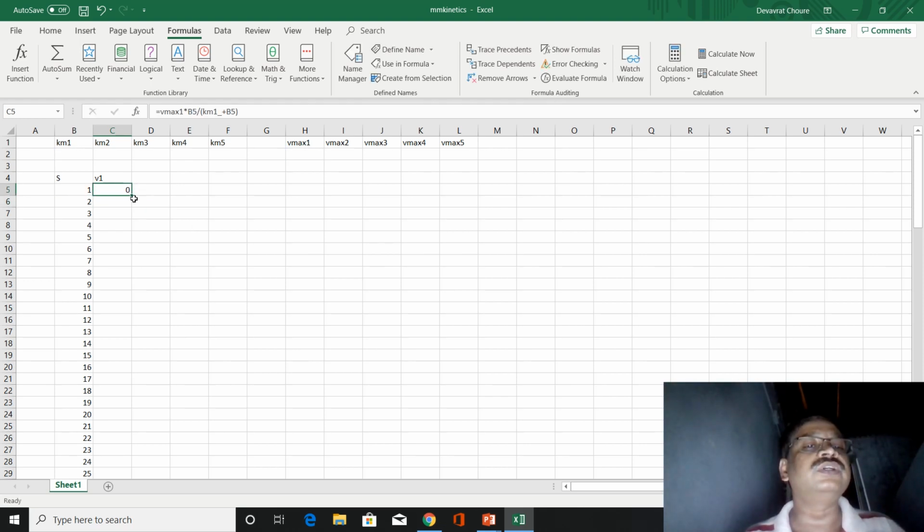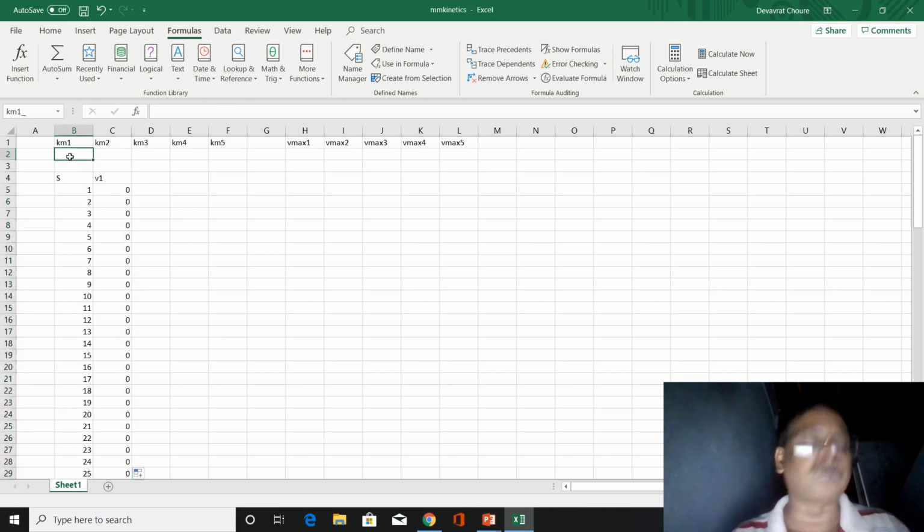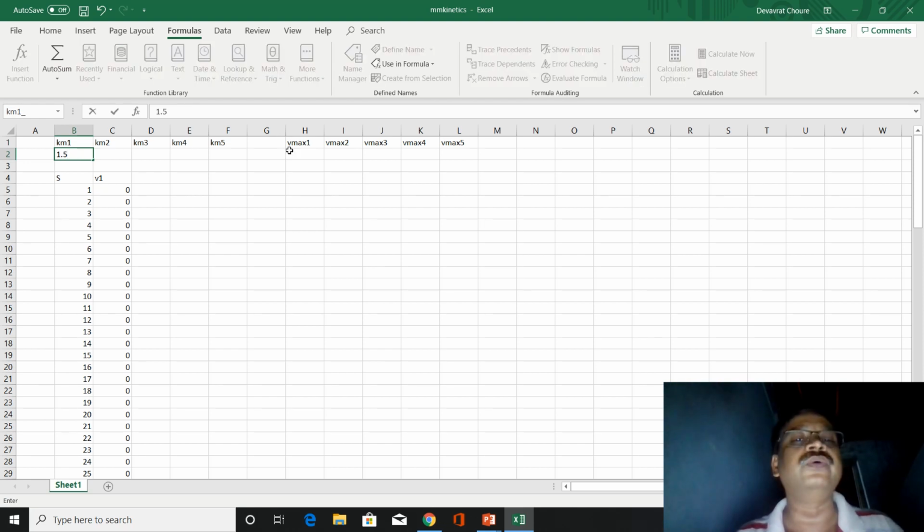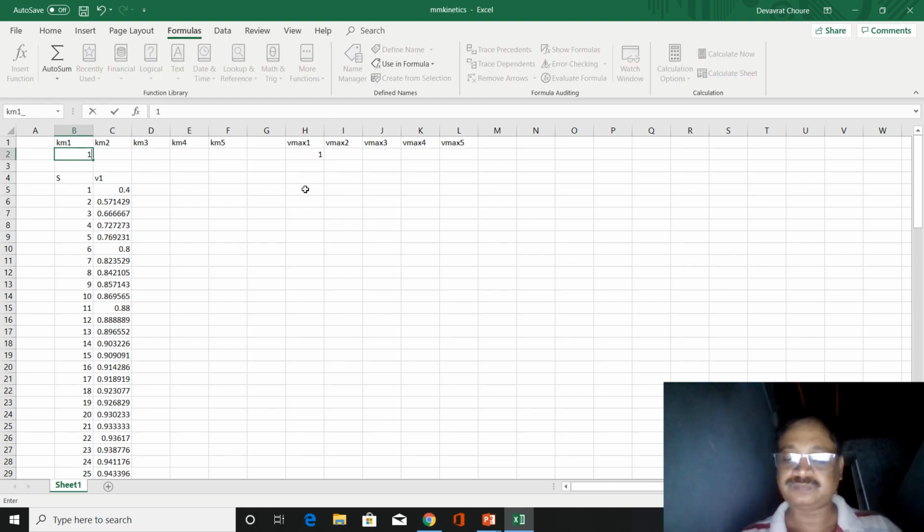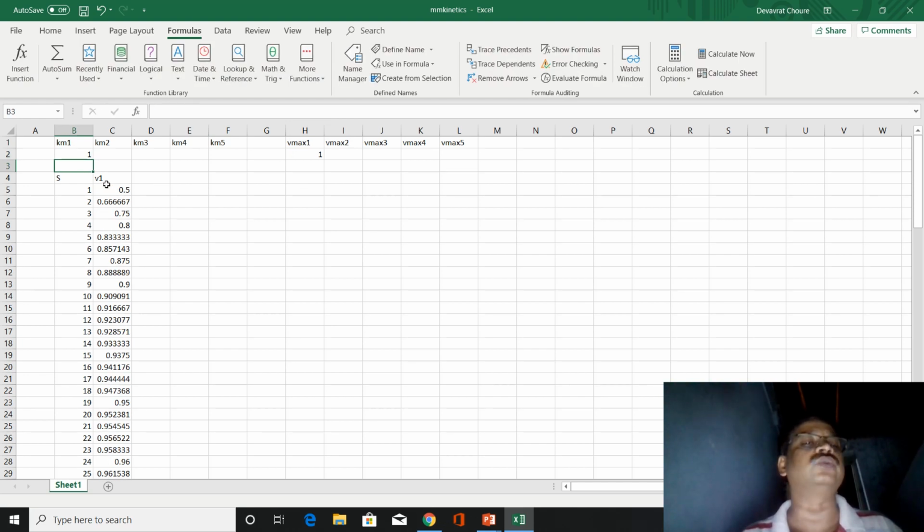Formula got input. And I will double click this dark square to autofill that to all 100 cells. And that's the beauty. Automation of Excel work is possible to improve productivity. And here all the values are 0 because for this Km1 no value is there. I will put 1.5, and in Vmax also I will put value 1.5. This is arbitrarily selected value. Now I will put 1 here, both 1 here. Km is equal to 1, Vmax is equal to 1 I have put.